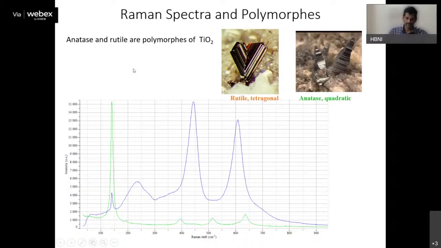So with this example, what we want to say is that when you are doing a high pressure measurement, if there is a structural change in the system, that will lead to a change in the vibrational spectra, because vibrational spectra depend upon the local symmetry around that particular molecule. So it is very sensitive, unlike X-ray diffraction, which gives a static picture of the structure. So Raman spectroscopy is also used to find out this structural transition,